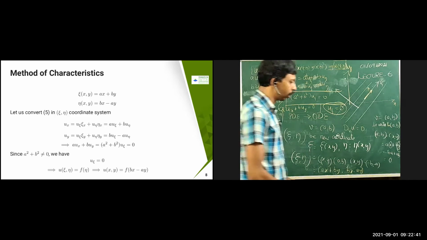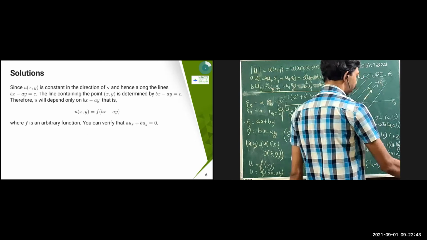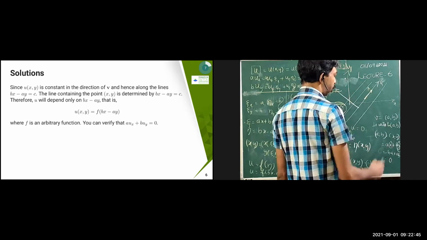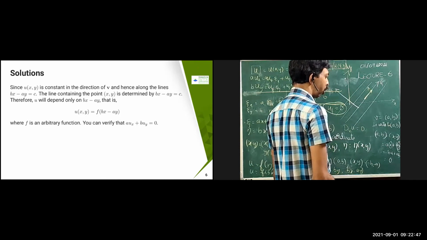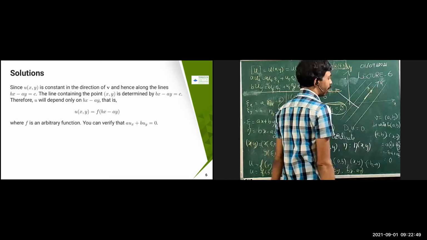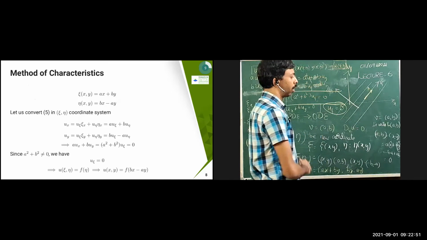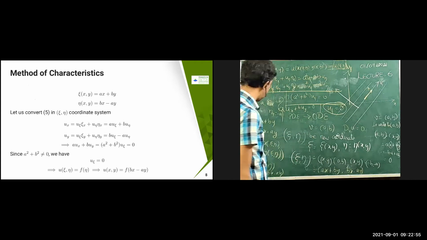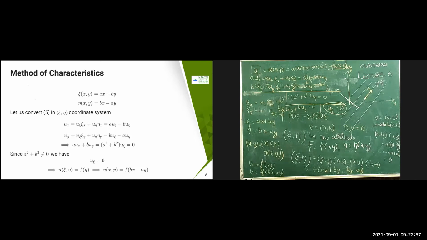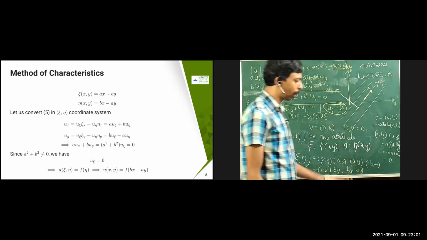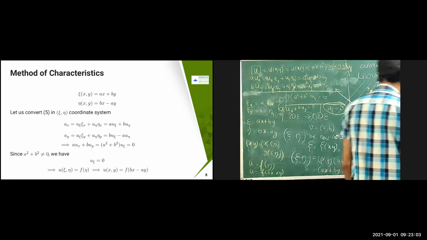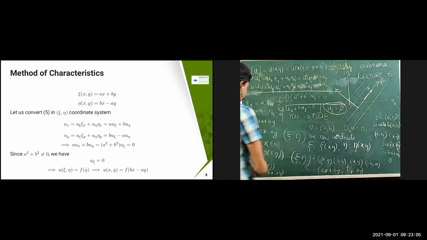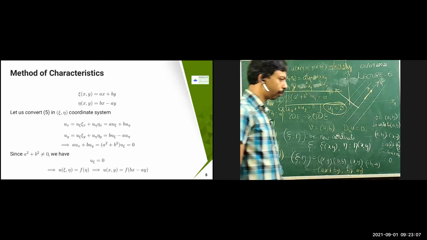So that's what we did earlier also. Here also we did the same thing. u equal to u of x comma y equal to f of bx minus ay, where I have given the geometrical description, but completely mathematical, using the coordinate transformation of the coordinate system. You will get u equal to f of bx minus ay. Just take a couple of minutes and observe it. Any doubts, let me know, because this is the idea. We are going to extend it further.